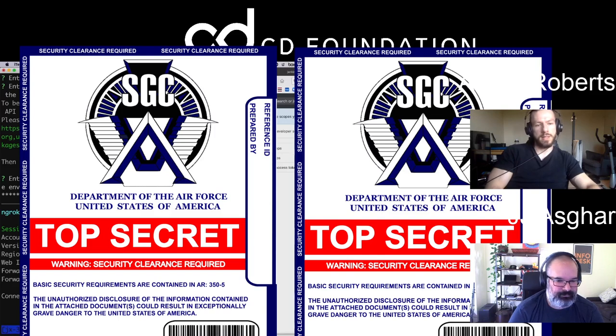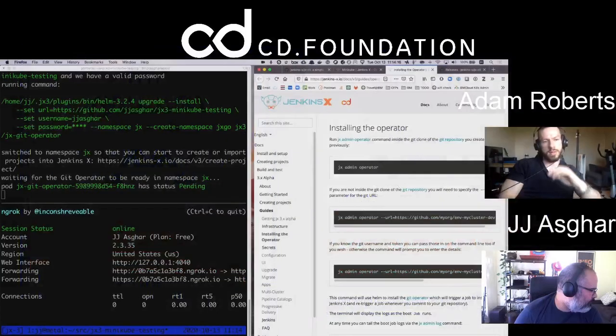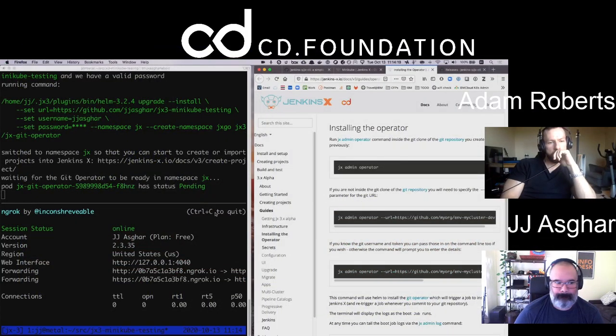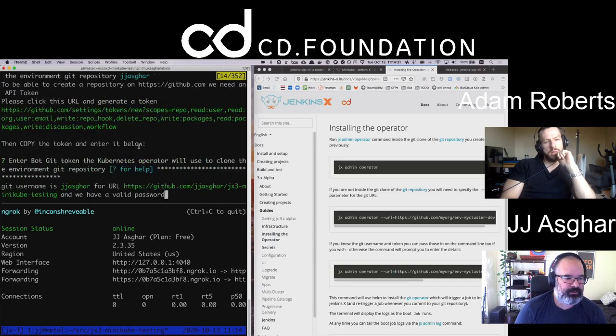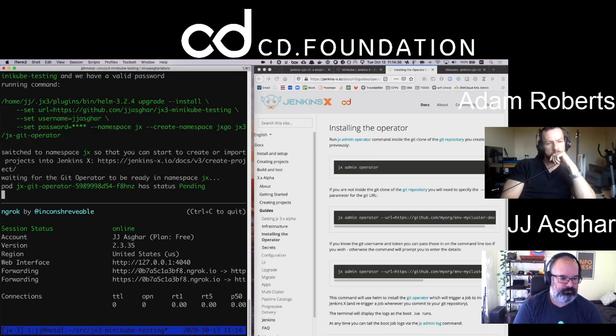Okay, so JJ is just putting his Git token in so he can get a... So what was that command above, JJ, where you put some stars in? If you just scroll up. It looks like they updated it to actually put the stars in, because I clicked on this URL to get the token that we needed with all the permissions. Okay. All right, just give it a minute.